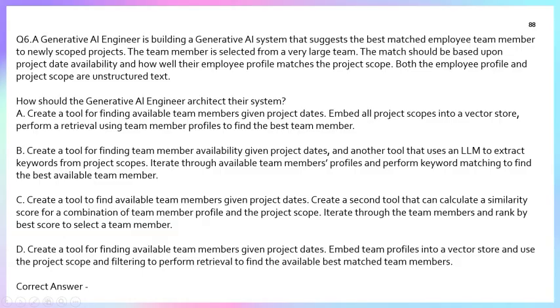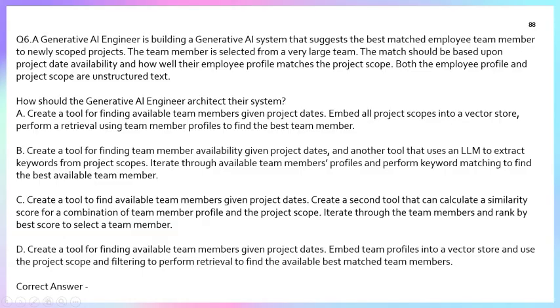So in this question, what is the key requirement? The key requirement is to match the availability. It means we have structured data like project dates versus employee availability, and we match by the relevant profile to the project, meaning the employee with the best profile for the scope of the project. So we have unstructured text, which needs embedding and semantic similarity. Use an AI approach, not just keyword matching. Ranking candidates by the best overall fit, not just filtering by availability. So filtering by availability alone is the wrong path.